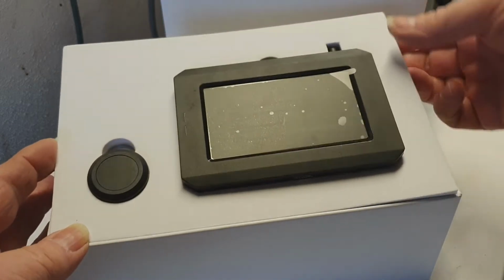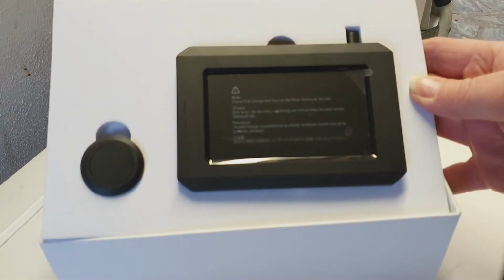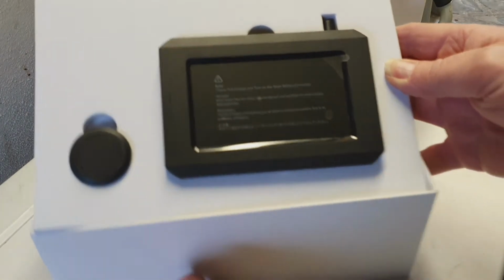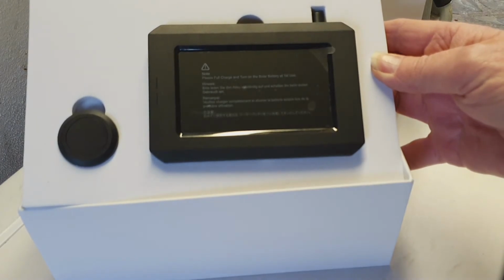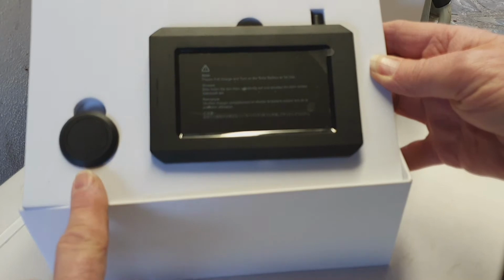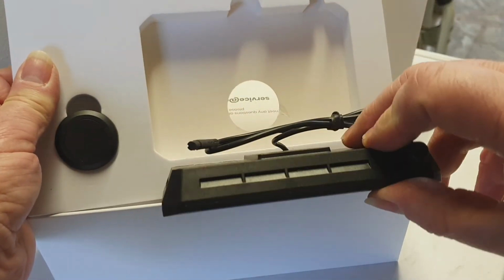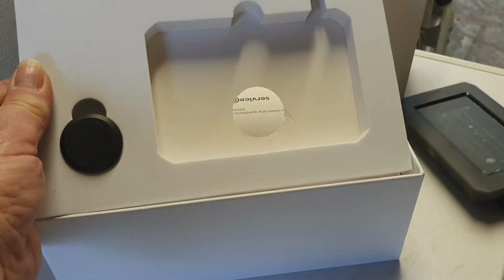When you open it up initially, you get two little items in the top. You get the little monitor on the right hand side, which you can fasten somewhere inside your cabin area or whatever your vehicle is, and you get the little button at the left hand side just there as well. That's the button you can put anywhere. It moves around. You don't have to wire any of this up. There's just a little bit of wire on the back,